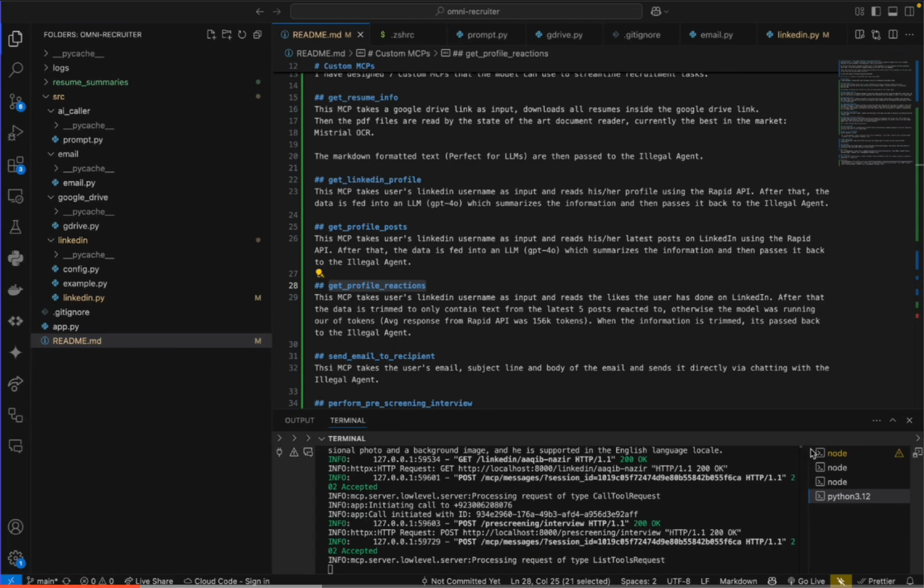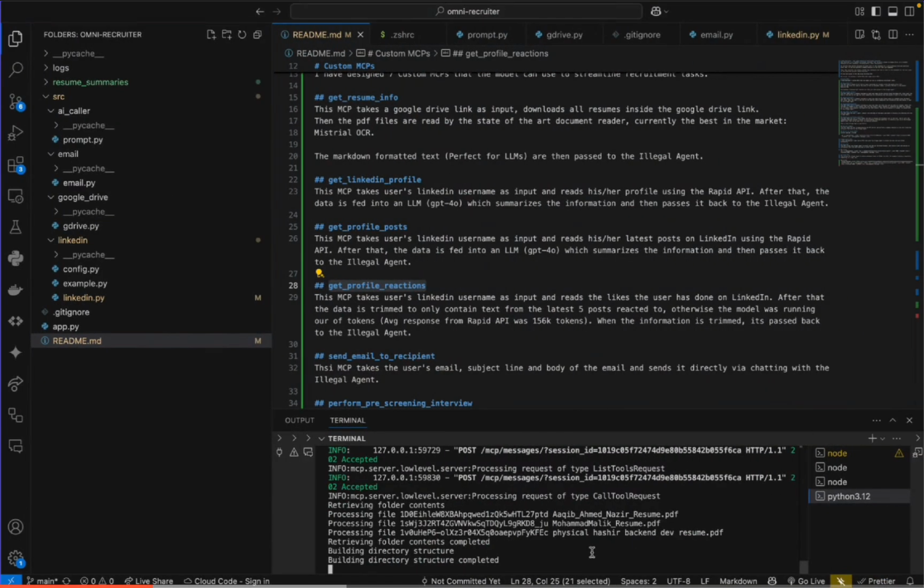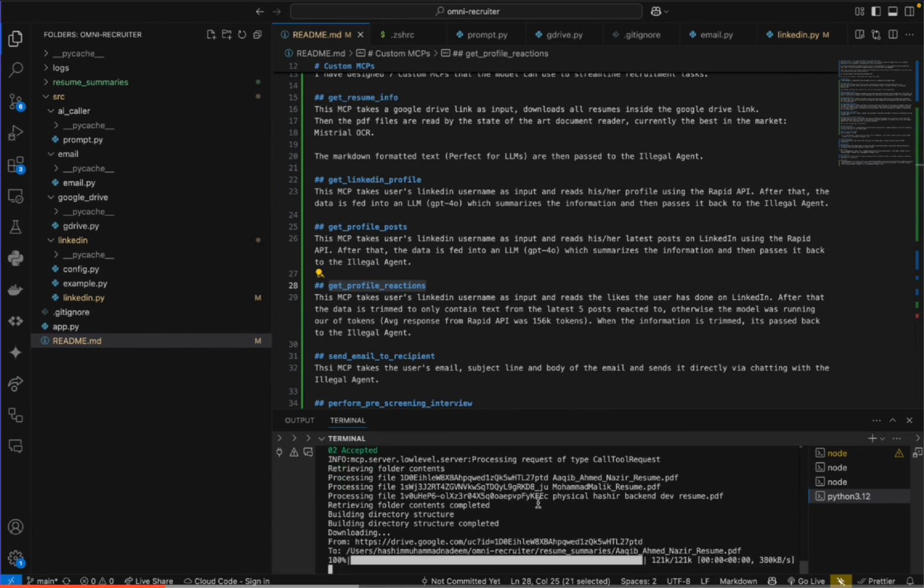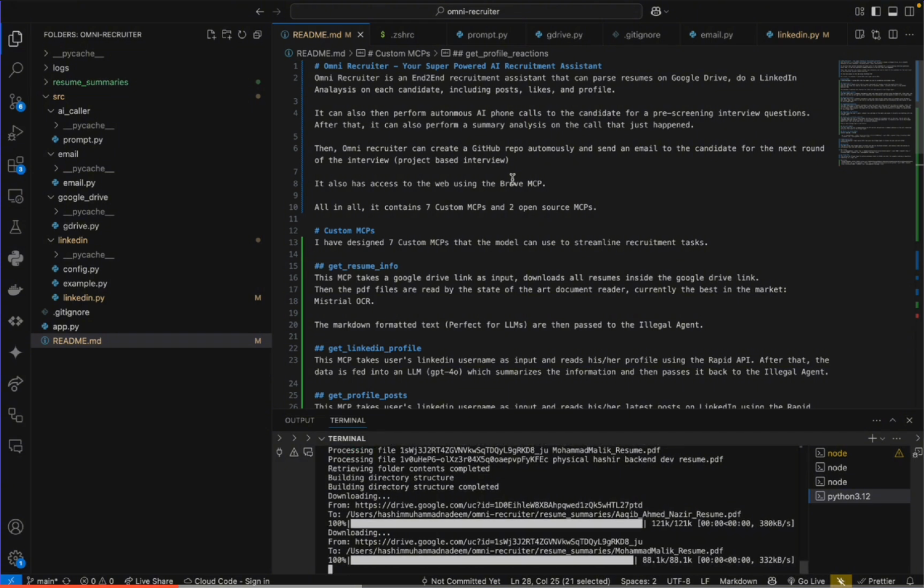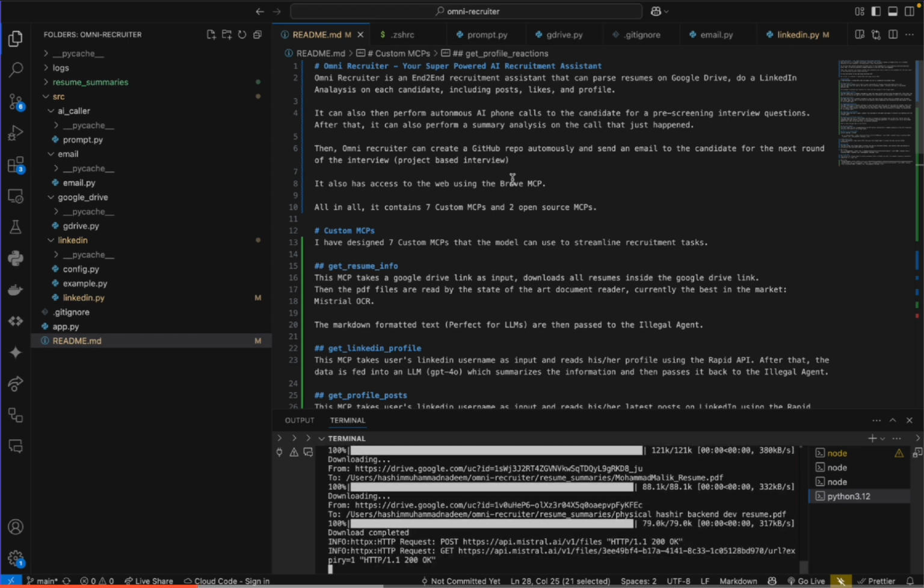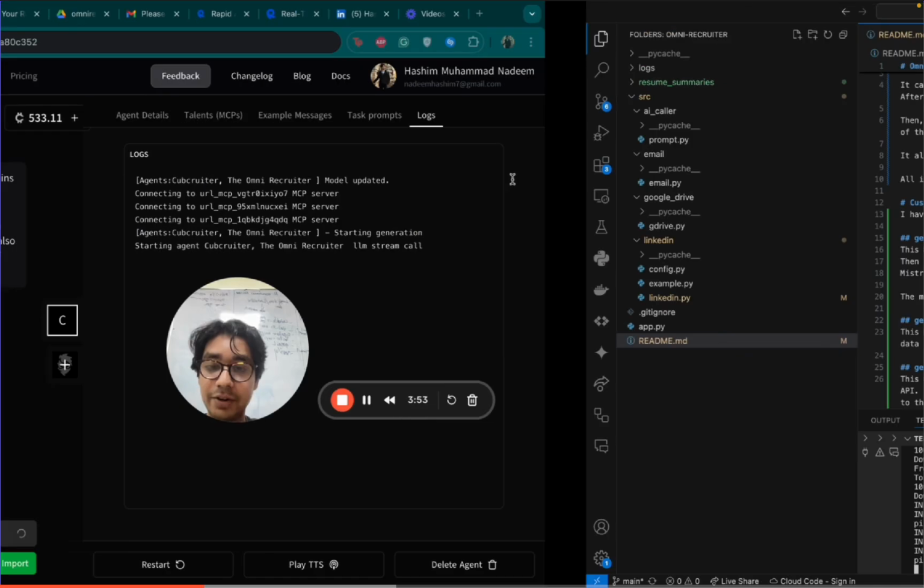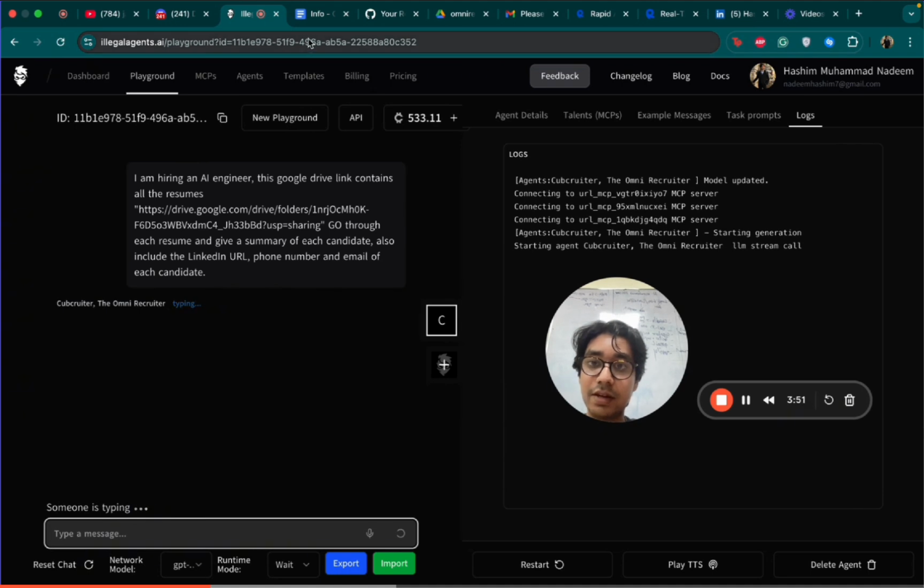So what this is going to do is call a custom MCP, as you can see, and it's going to start downloading the resumes. And after it starts downloading it, it's going to pass it through a Mistral OCR model, which is state-of-the-art, best of its kind right now. And then it's going to pass that markdown formatted text back to the Illegal Agent, which is going to summarize each candidate for us. So now, due to lack of time, we've already made a decision that when we get these candidates,